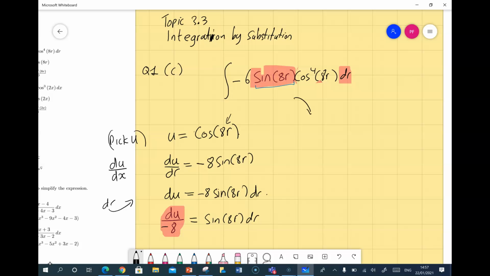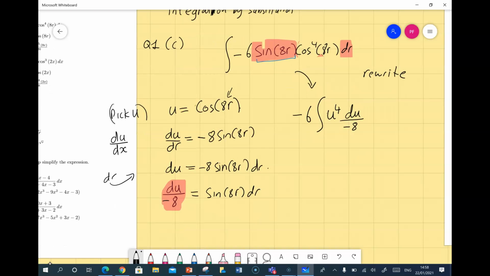So I'm going to rewrite my equation, my next step. So I have my integral. I'm going to bring my minus 6 in front, as I usually do to keep it tidy. Now I have got my cos to the power of 4 8r, which is just going to be u to the power of 4. And instead of sine 8r dr, I can just put in du over minus 8. Okay, now you can continue from there if you wish, but I think it's no harm to bring out our minus 8. So I've got minus 6 over minus 8 times the integral of u to the power of 4